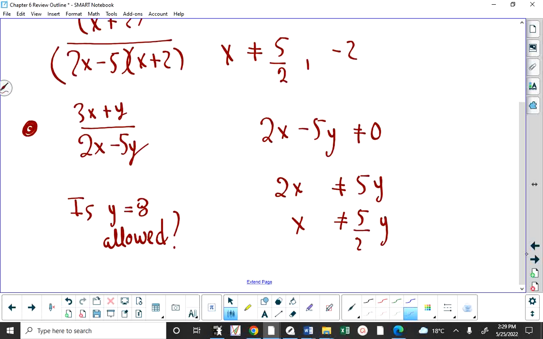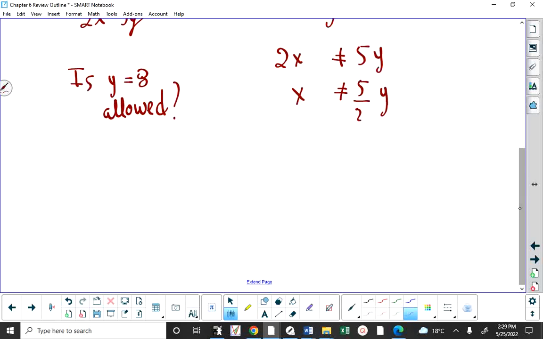And this is something you would see on the exam in a couple of days. When x is equal to 20. Because if I put 8 in for y and I take 5/2 times 8, I'm going to get 20 for x. So y equals 8 is allowed, yes, as long